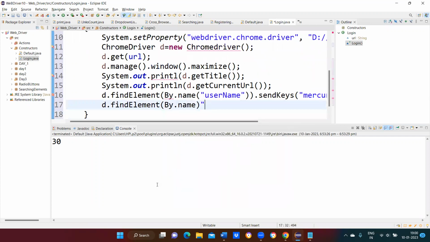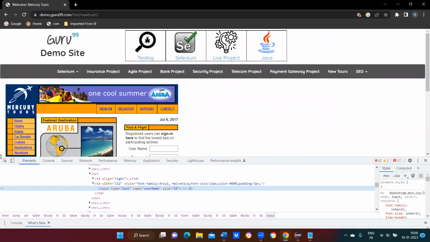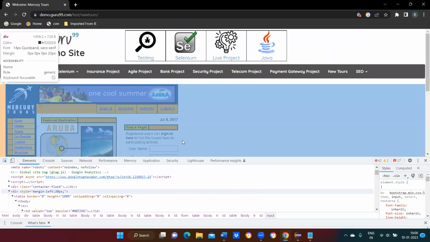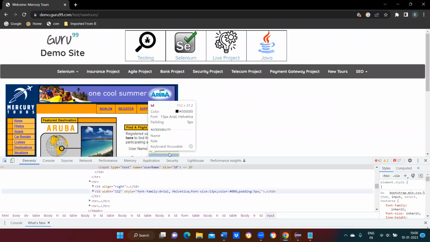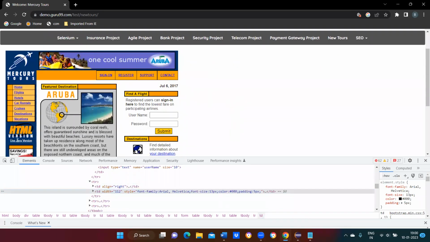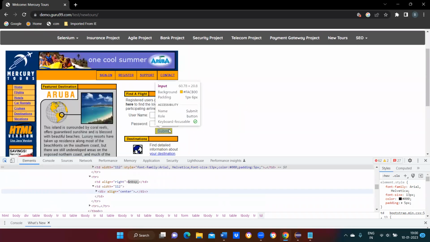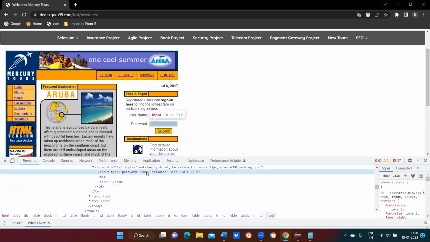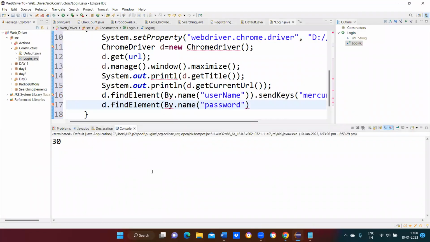So I'm going to specify the password for this. Click on that and click on the password, name equal to password. Just I'm going to copy the password. Name equal to password. Dot